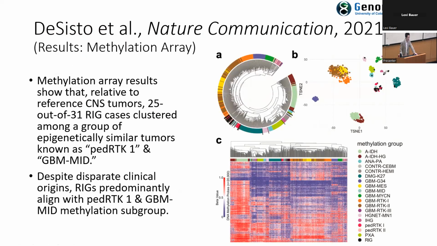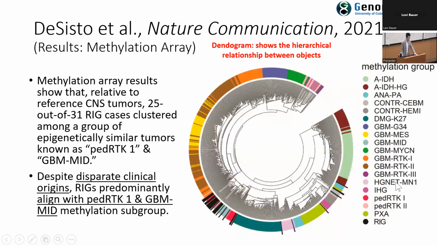And wow, that looks really busy, doesn't it? So let's take a closer look at some of these figures one by one and see what's going on there. Taking a look at the first one, what you're essentially seeing here is a circular dendrogram, which basically shows the hierarchical relationship between the objects. They use the dendrogram to generate a reference based on the CNS tumors, and the data they're using are the methylation data, right? They took these well-characterized methylation groups associated with CNS tumors to generate this reference, okay,